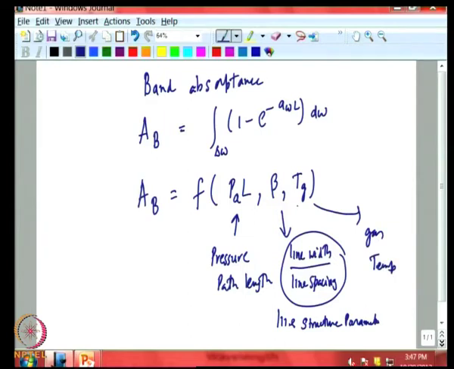So, this quantity, the band absorptance data, is available for many important gases of relevance to engineering, like carbon dioxide, water vapor, carbon monoxide, and so on. And the information has to be available for each band of a gas. If you take carbon dioxide, you will have data for the 4.3 micron band, the 2.7 micron band, and so on. So, in the last lecture, we had shown how we can evaluate